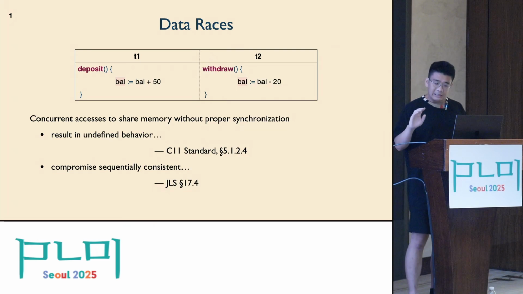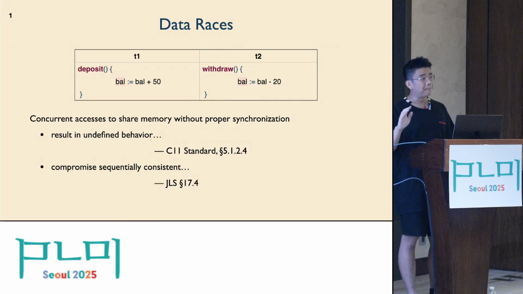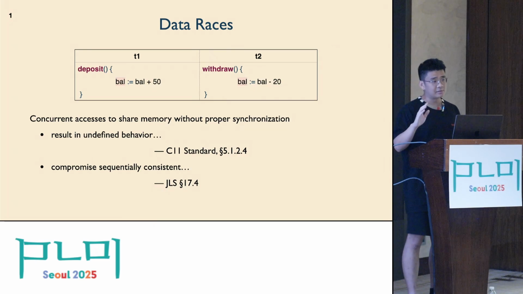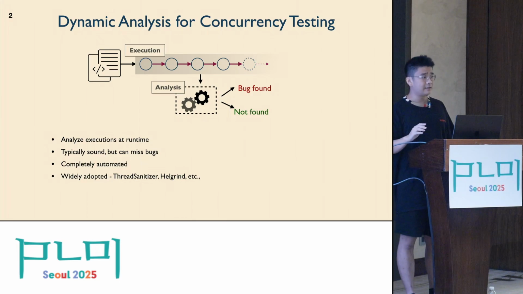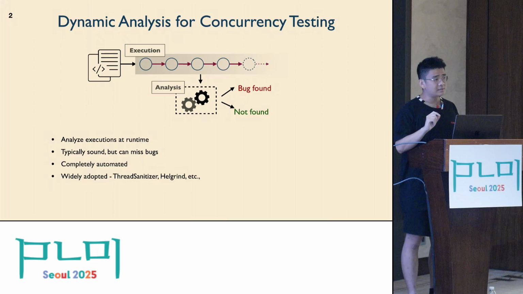For instance, data race is undefined behavior in C11, which means that the compiler can make whatever assumption it wants about the instruction that causes a race, including that the instruction does not even exist. Another example is Java, which usually requires data race freedom for the program to behave in a sequentially consistent manner. So one way to test for data races is dynamic analysis, which in some sense focuses on the monitoring